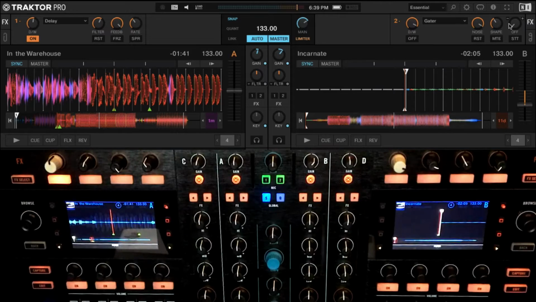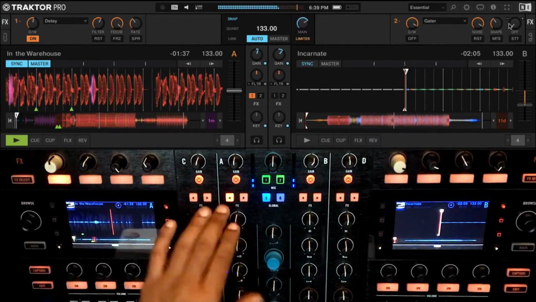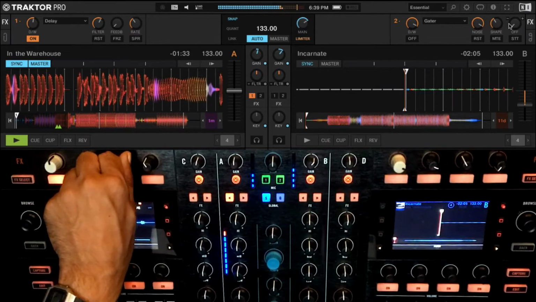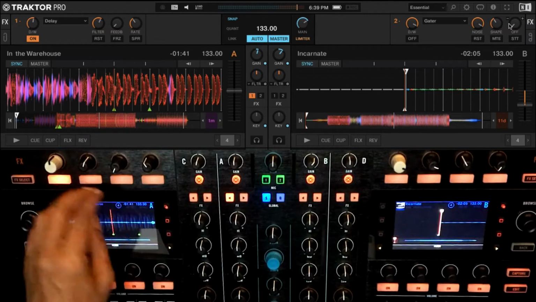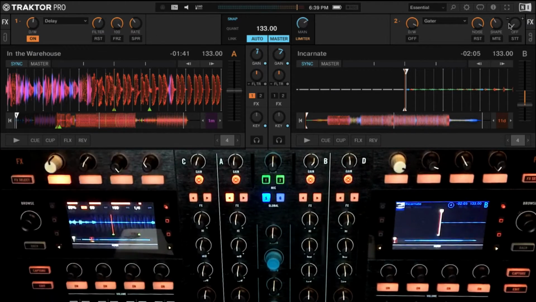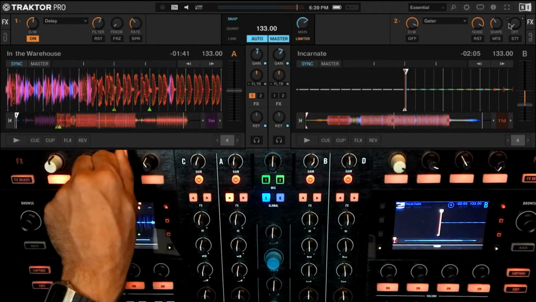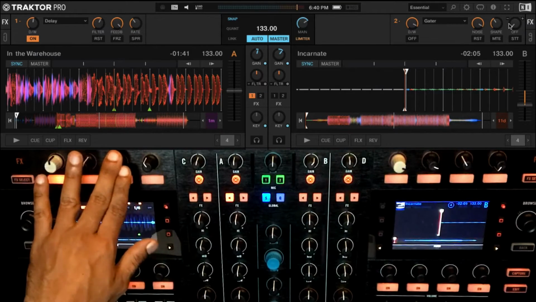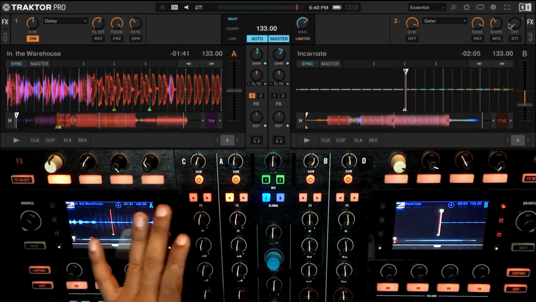I'll show you. Now if I run this all the way, with a lot of feedback on this, as soon as I shut the feedback, it's going to stop. So in fact, there are multiple ways to do it. One was cutting down the feedback. One more was cutting the audio to the FX unit itself by using this button.